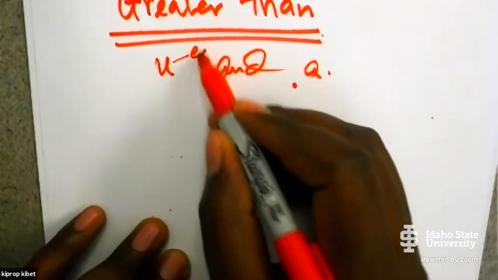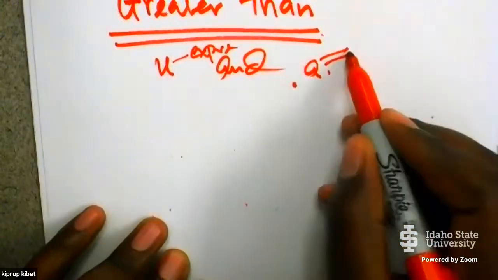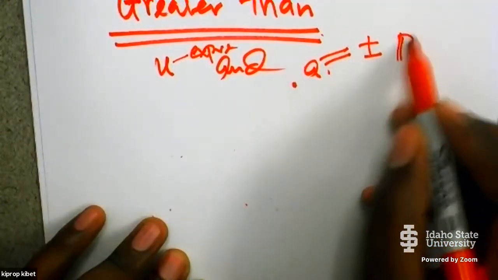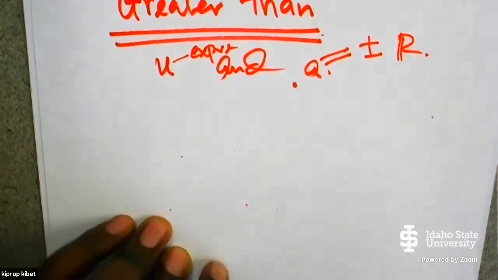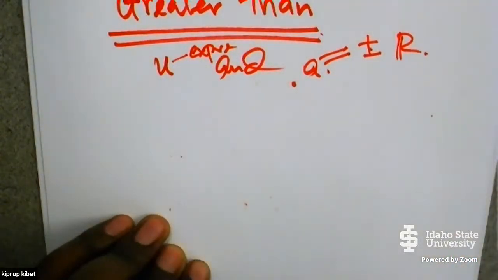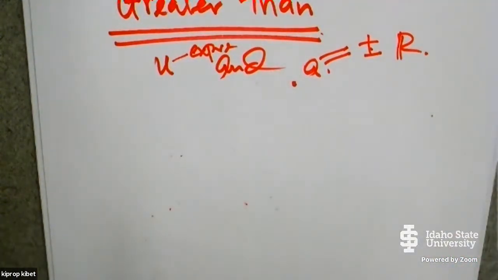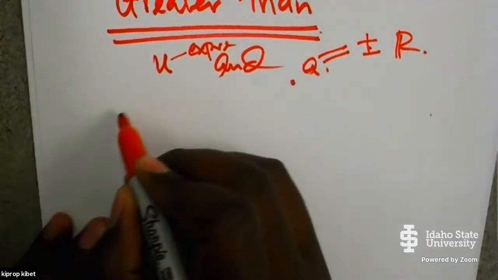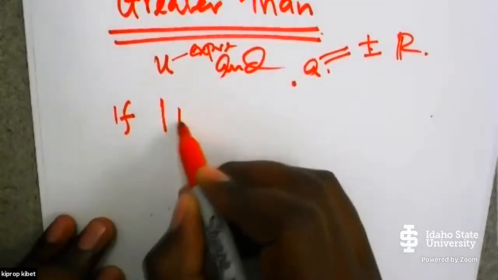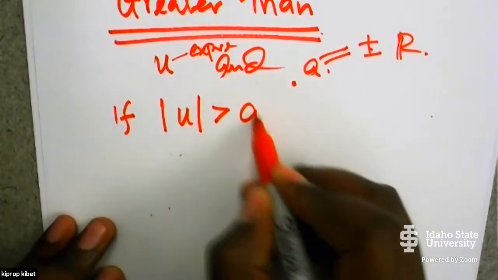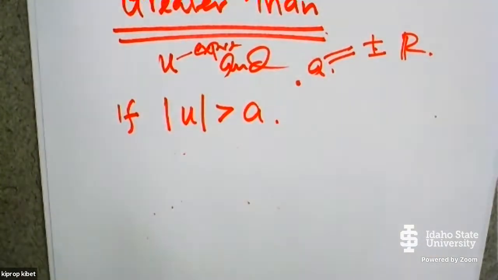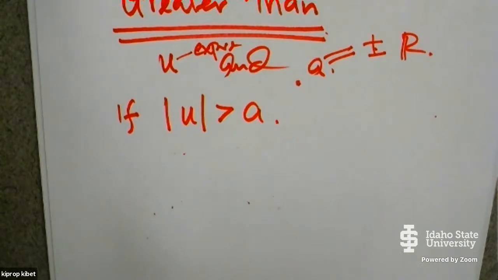So this is the expression, and this one is the positive real number. If the absolute value of u is greater than a,